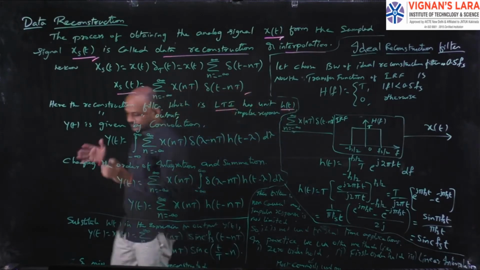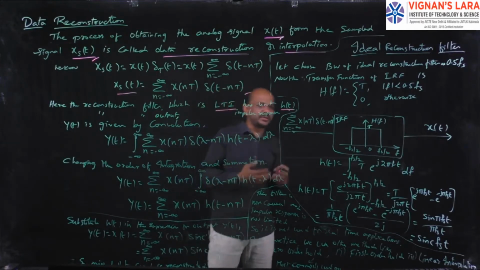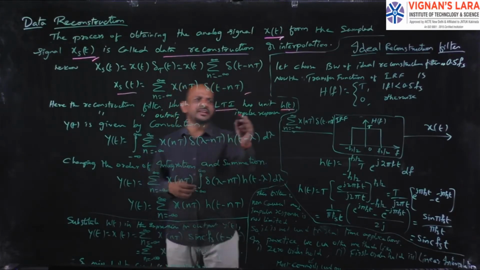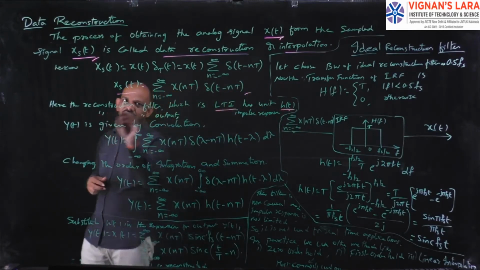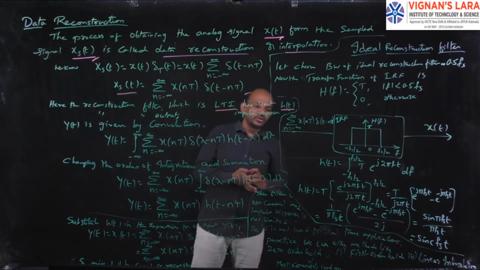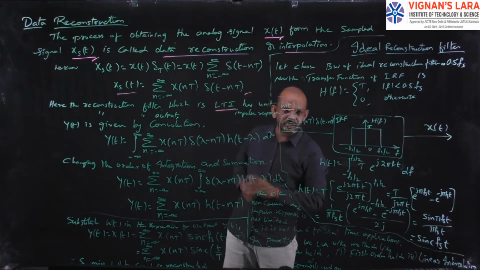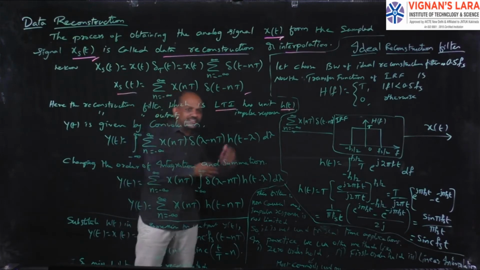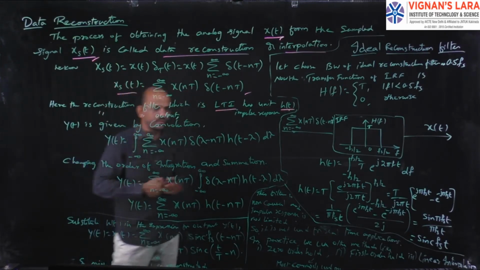Here the reconstruction filter I am assuming is both linear and time invariant, so it is a linear time invariant system having a unit impulse response h of t. Now I need the output of that reconstruction filter. So the reconstruction filter output y of t is given by